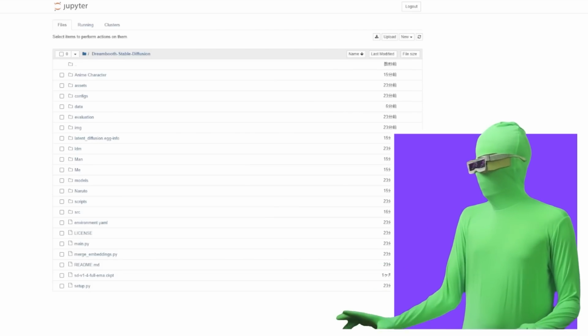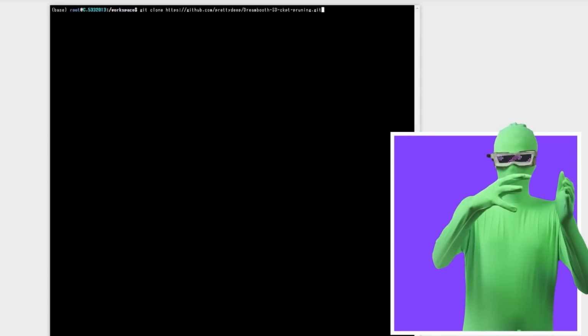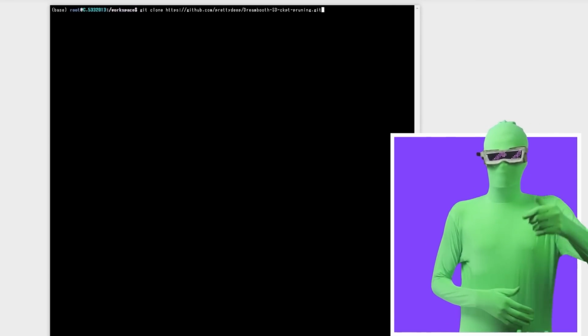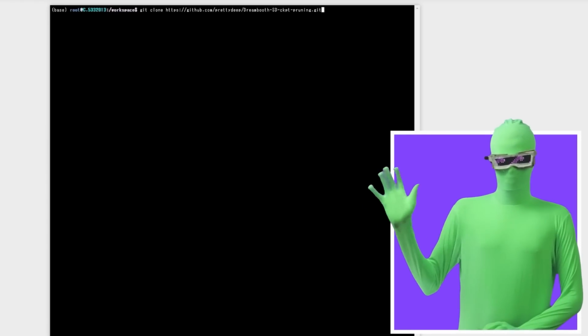Another thing you want to download: get a new terminal open, and then you want to do git clone, and then type this link here. .git should already be at the end of it. What this is going to do is download a file that allows you to prune the checkpoint. After you've trained the checkpoint here, it's going to be about 12 GB, but it has a bunch of extra information that is only necessary for training and not necessarily for running. Considering you just want to run it on your own system and not train it on your own system, that's a bunch of information you don't need.